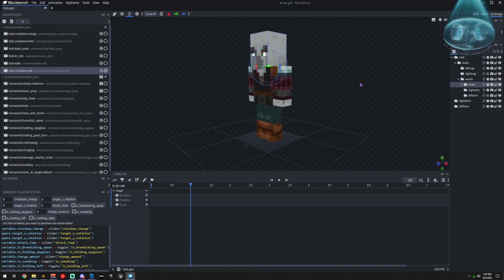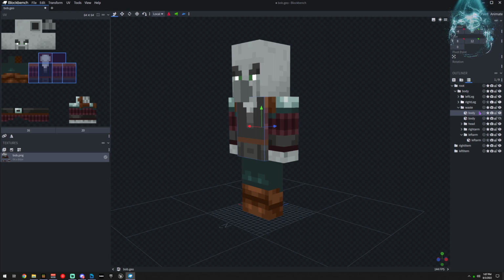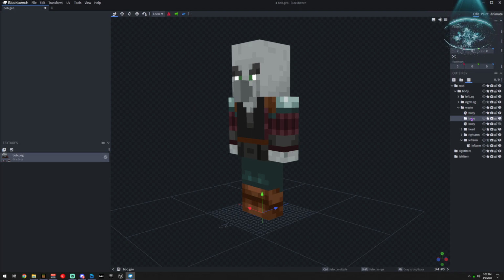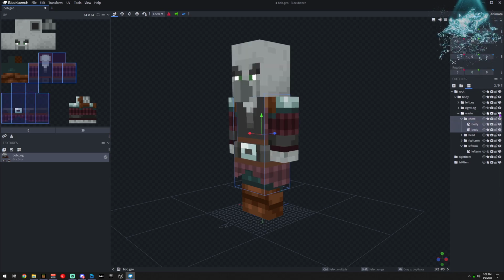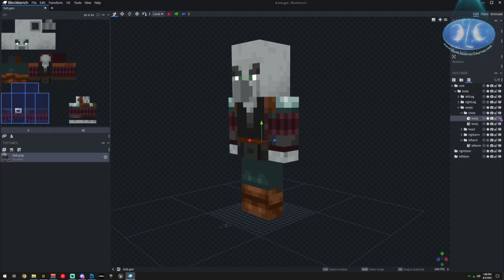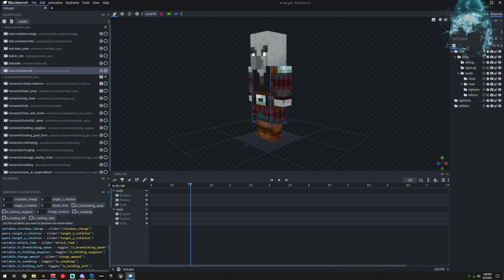So idle could just be... see, this is another thing I don't like, is they don't have the body where I can animate it. So I'm going to create another bone here, and I'm going to call this chest, and I'm going to move these two cubes into the chest. You can hide them if you want to see what those include. So one's the outfit and one's the chest itself. So now I have chest as a new bone.